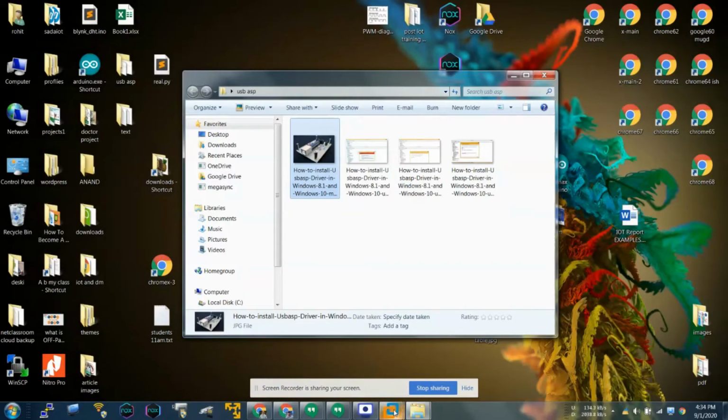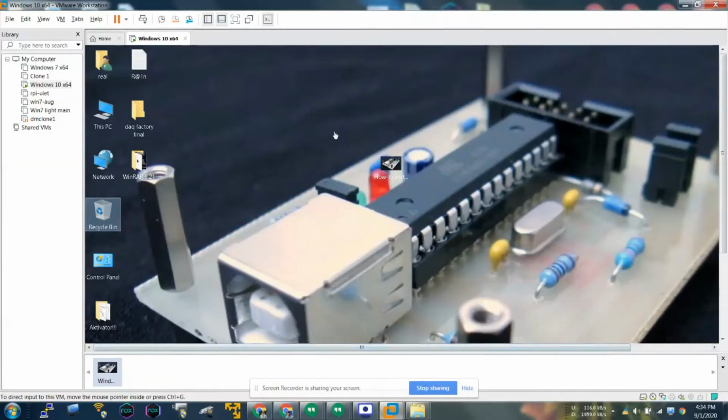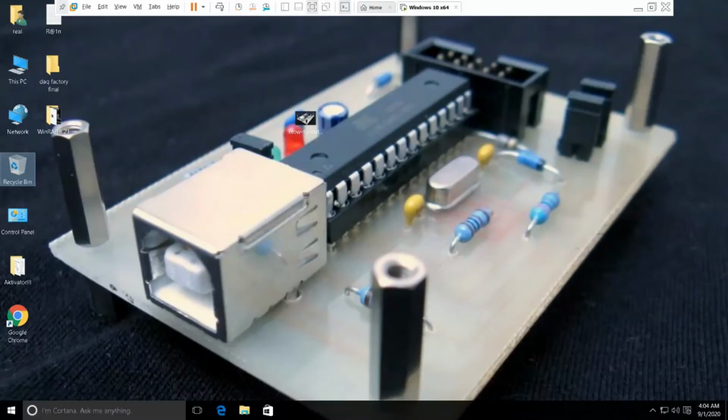So for this, I'm going to run this Windows 10, and at first you will not be able to install your USBasp driver. You have to disable the driver signature checking system of Windows 10 and Windows 8. For this, you have to restart your Windows 10.